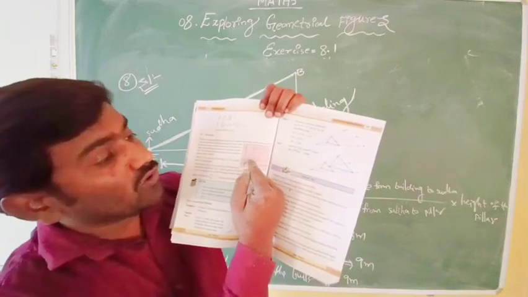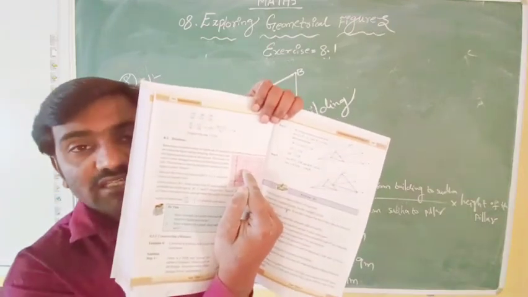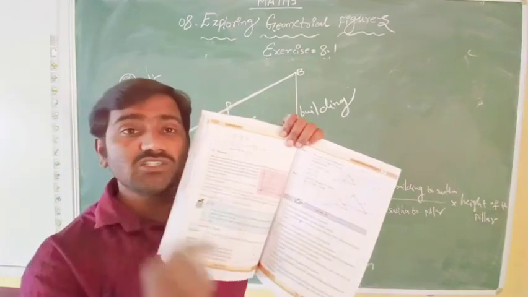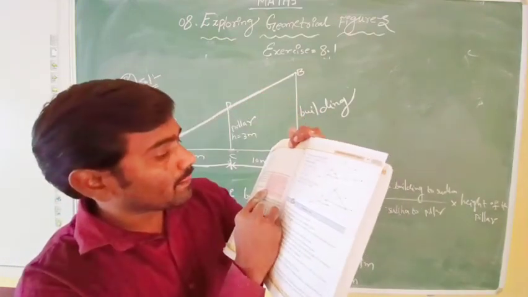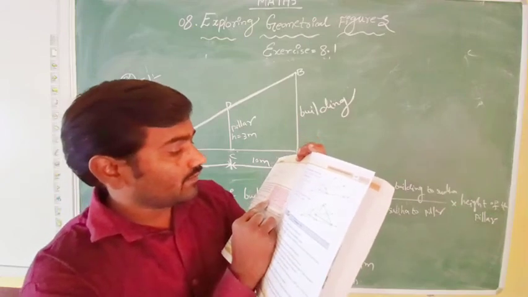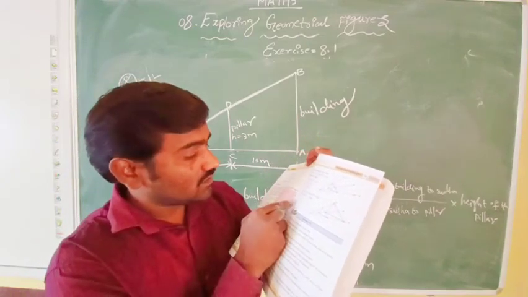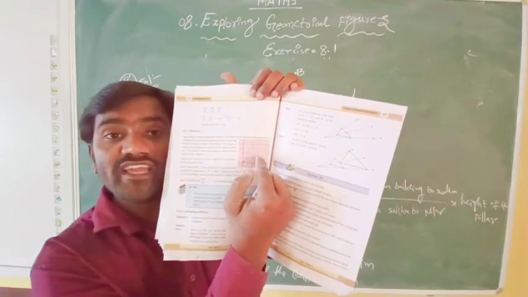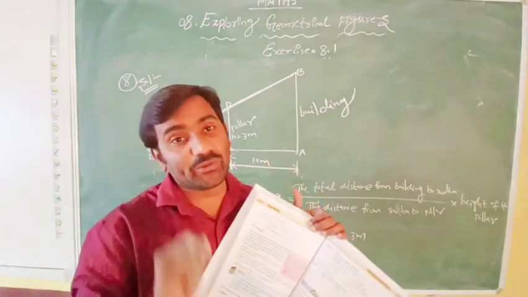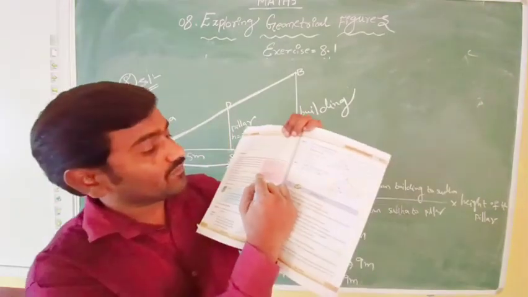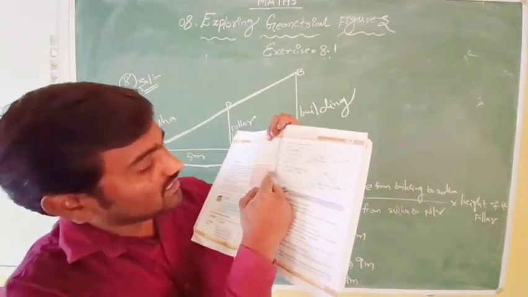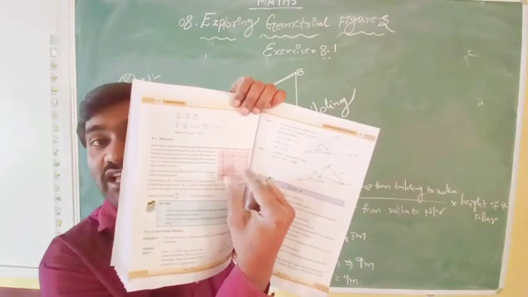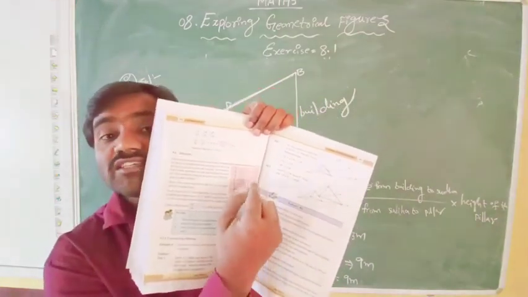But the scale factor we have to take is 3. Here O to A dash is 2 and O to A is 1. 2 by 1 is 2. And here O to B dash is 6 and OB is 3. 6 by 3 again 2. Again, OC dash is 6 and OC is 3 units. If you see the boxes, each and every box is known as one unit.